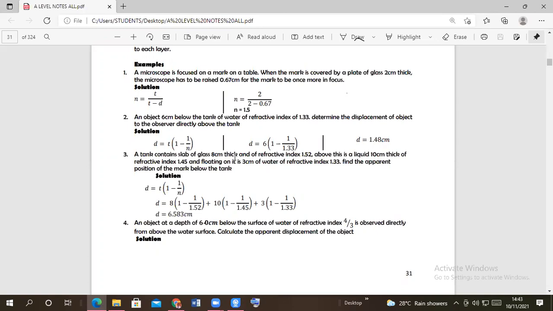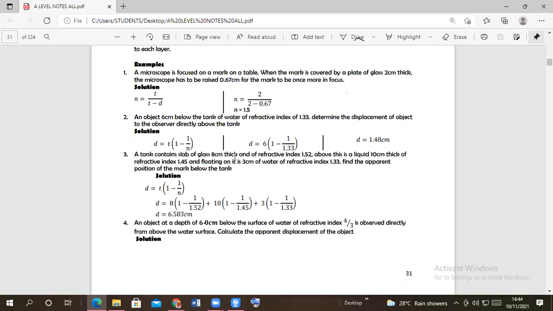So they're asking, what is the apparent position of the mark below the tank? Are you hearing that statement? They are not asking for the apparent depth. They're asking, what is the apparent position of the mark that is below the tank? That means from the bottom of the tank up to where you have the image of that object, what is the distance? That's the question. So they're not asking for the apparent depth, but for the apparent position